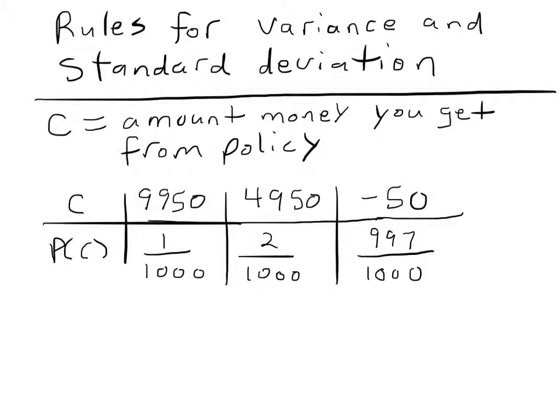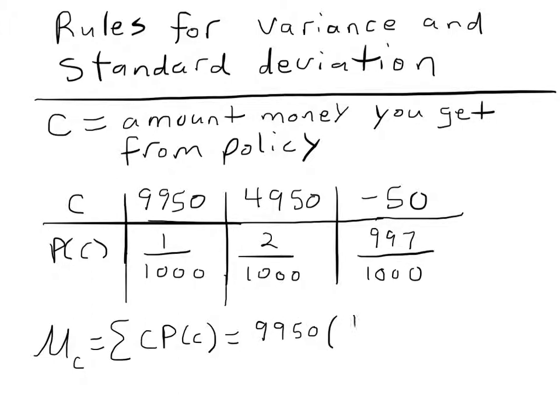So I'll add a new column here to my table. Or actually, you know what? I don't need to add the new column. I'm just going to write out the formula here. So if I want to find the expected payout, that's going to be mu sub c, the mean, the expected value, the average, the weighted average. All those terms are synonymous. They all mean the same thing. It just means I'm going to multiply every c value by the corresponding probability, and I'm going to add all of those up. So that'll be